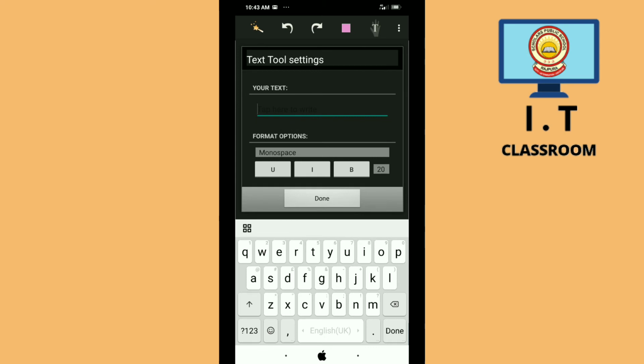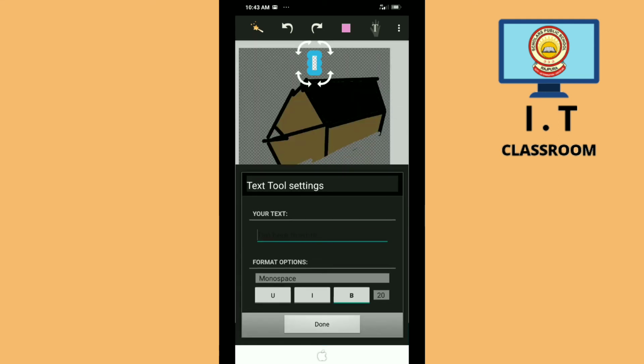Here, if you want to enter your text, firstly you have to select the format options like U, which stands for underlining the text, I for making the text italic, and B for bold, meaning if you want to type your text in dark form. So I am selecting B because I want to type my text in dark form.